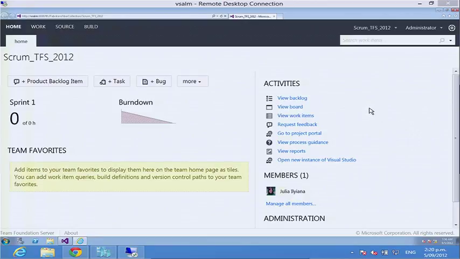So the first thing I'm going to want to do is set up my team, which means I'm going to go into the administration side of this interface. On the top right, you see this funny, I'm not even going to give it a name, this thing. This is the window to load the administration interface. So if I click this,